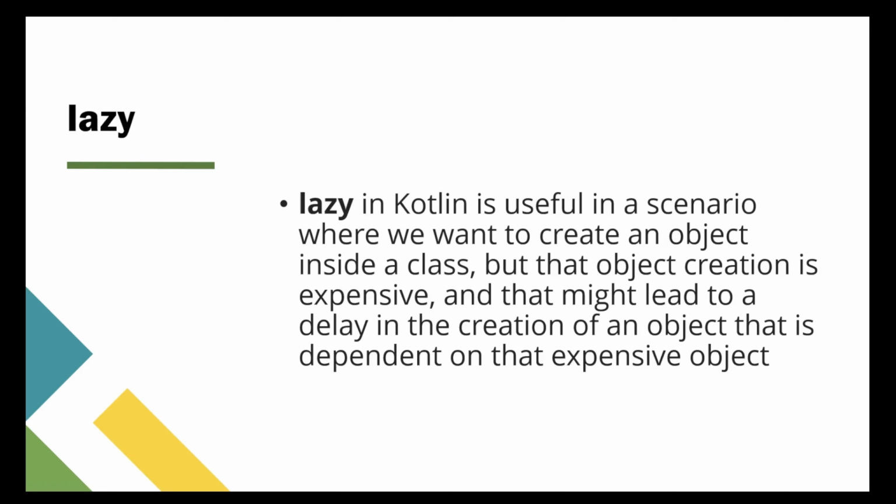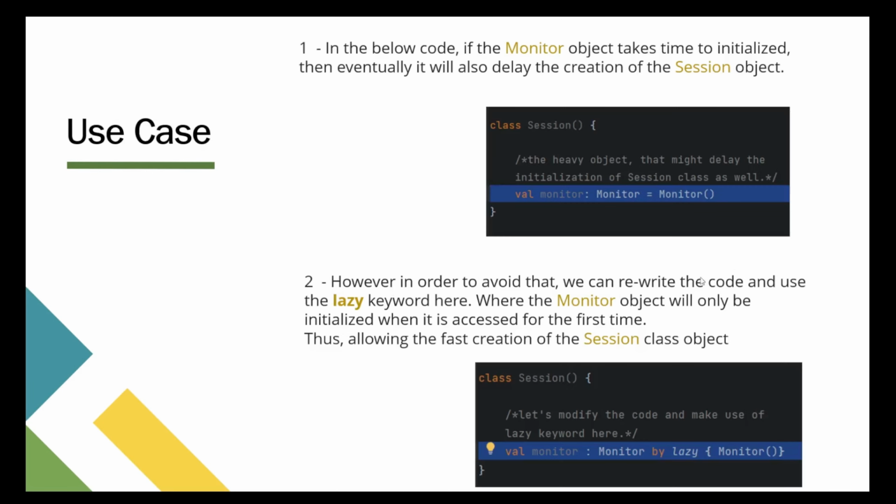So let's try to understand more clearly with an example. Assuming there's a class Session, and there is a variable declared, monitor, which is basically assigning the Monitor class. Now let's assume that the Monitor class is heavily loaded with a lot of objects and it takes a hell of a lot of time to get initialized, and the creation of the Session class is completely dependent on the class Monitor. So this is very much obvious now